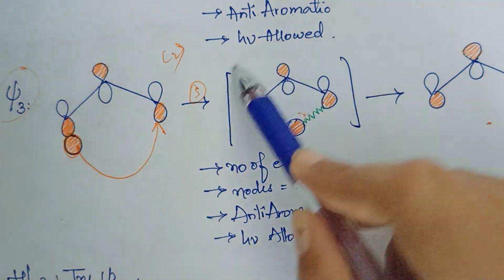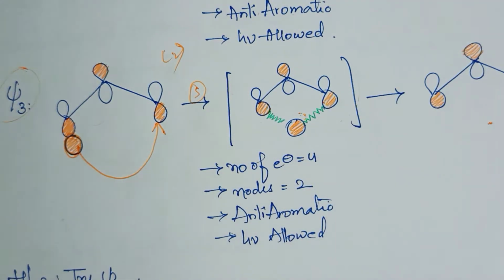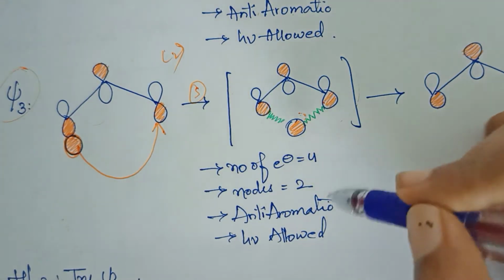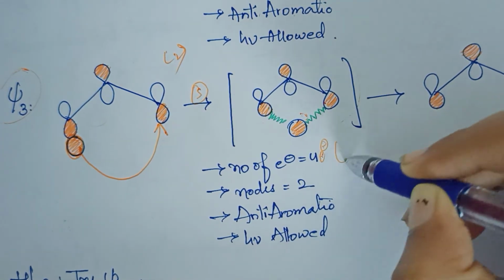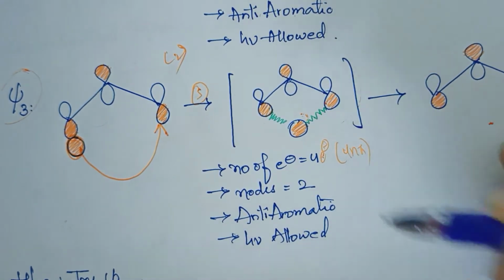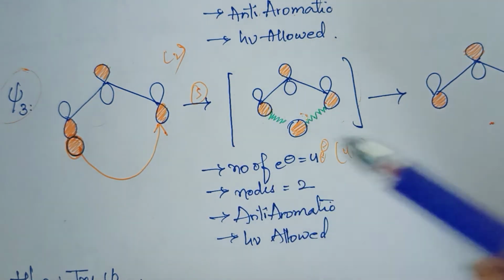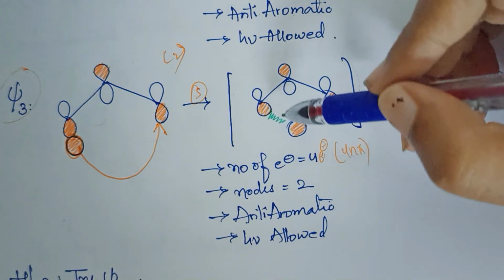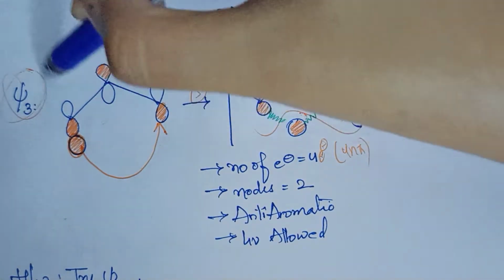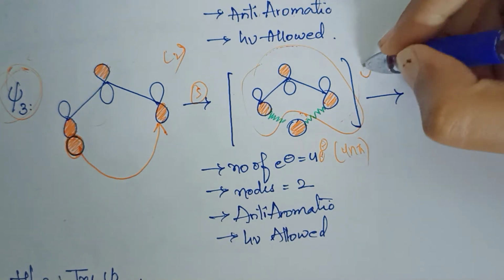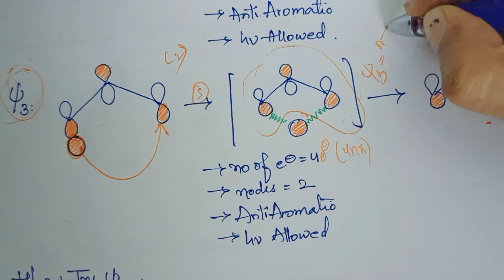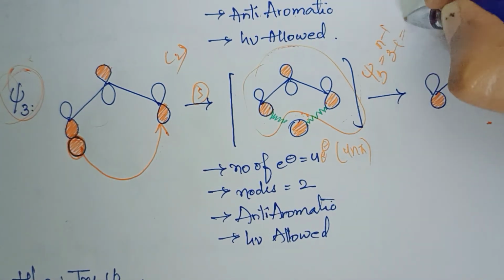See now, for this transition state we will calculate the nodes. The number of electrons participating is again 4 electrons. As it is 4 electrons, it comes under 4n pi, or not? 4 is a multiple of 4: 4 ones are 4. Now the number of nodes: what type of system are we taking here? Xi3. So I am taking Xi3, the number of nodes is n minus 1, 3 minus 1, which is 2.